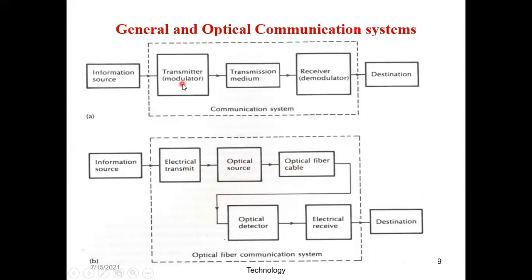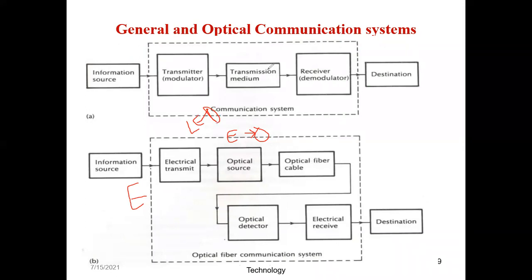optical source, जैसे यहाँ पे modulator था, we have an electric transmit circuit. So my information signal will be in the electrical domain. Okay, so that electrical domain has to be converted to an optical domain. So the optical source will convert the electrical back to the optical, okay, and it is transmitted through the fiber. So this electric transmit circuit will see that whichever optical source I am selecting, either it is the LED or it is the laser, it should be able to run that. Okay, so that electrical drive circuit will take care of that.